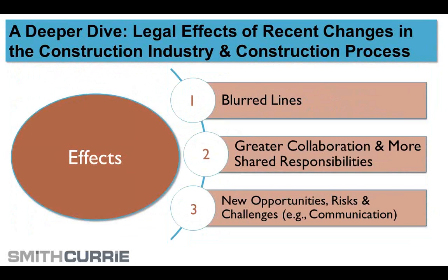totally. There's greater collaboration. I think owners have realized there is value to getting contractor and specialty contractor and even some of the support services like lawyers and insurance people and bonding people involved earlier in the process. But with that greater collaboration comes greater risk. And when you have more people putting stuff in the stew,